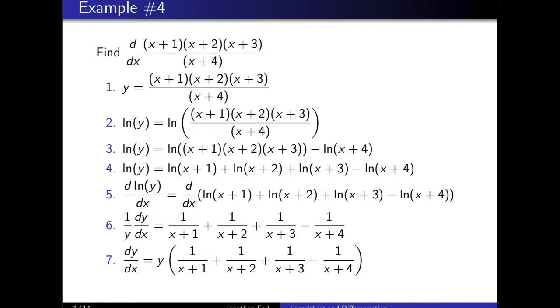Then we'll come back to the derivative on the left-hand side. So we're looking to find the derivative with respect to x of ln y. Well, from our chain rule, we'll get 1 over y times dy by dx. And remember here, the thing we're trying to find is dy by dx. So then all we'll do is just multiply both sides by y. The exact same methodology we used last time when doing implicit derivatives, isolate for the dy by dx. So we get dy by dx